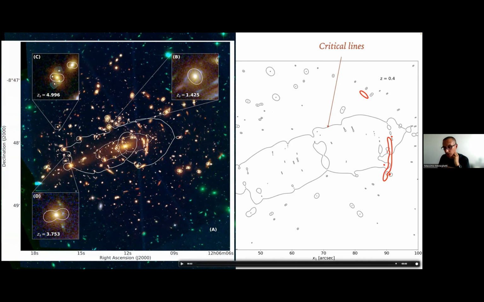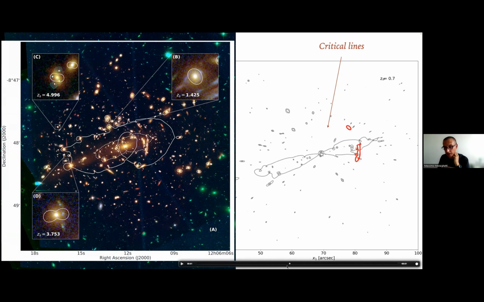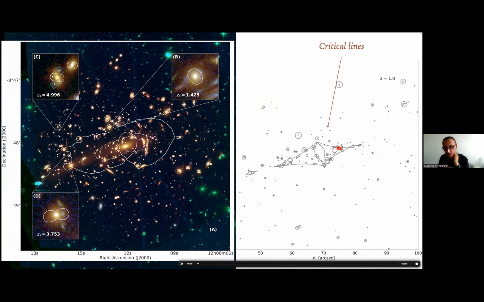So if we go back on the source plane, you see that these critical lines correspond to secondary caustics, that are basically locations where if we put a source, we would produce this kind of strong lensing features. So if you want to quantify essentially what is the ability of this cluster to produce these strong lensing features, we would need to measure the sizes of all these caustics here, and